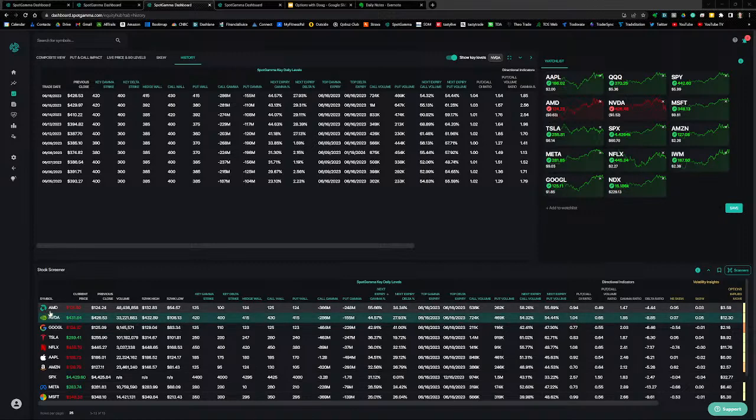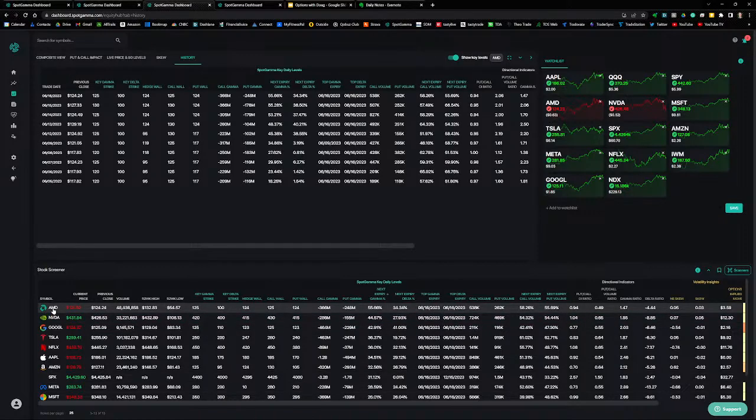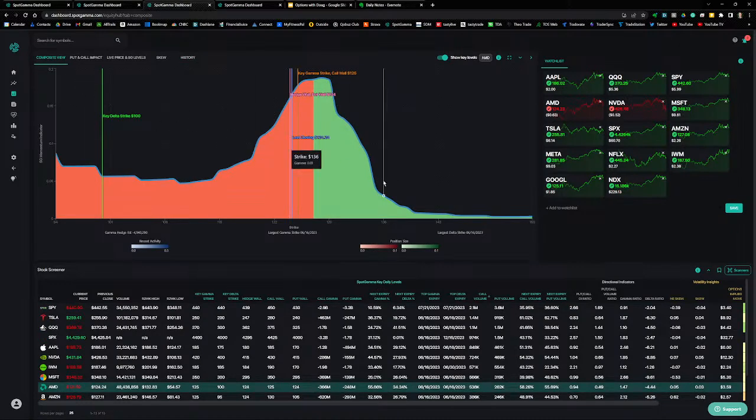All right, so let's take a look at AMD first. That has the most gamma expiring today. Let's take a look at composite view. So we can see that this is showing that calls dominate above the 127 strike. So traders have been buying calls, market makers sell the calls,